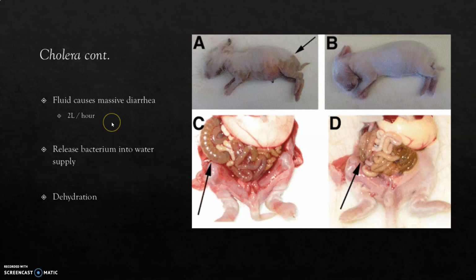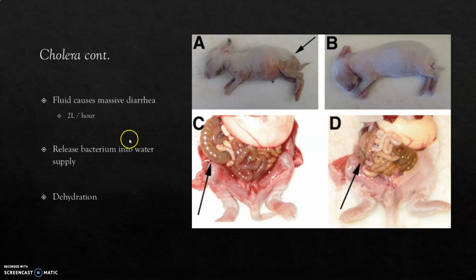It has a second toxin. There are 2 types. One will cause the fluid to be released. The other one actually helps it attach to the cells in the intestine. And it has a couple of mechanisms. So you get these cholera bacteria accumulating in the intestines, and they're fighting for resources. But once you hit a critical limit, the cholera bacteria start producing a substance, I believe it's a protein, that will stop additional bacteria cells from attaching to the intestines. And those bacteria cells then get released with the fluid, potentially back into the water supply,